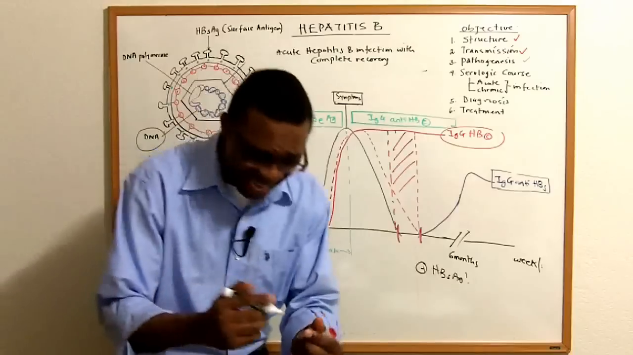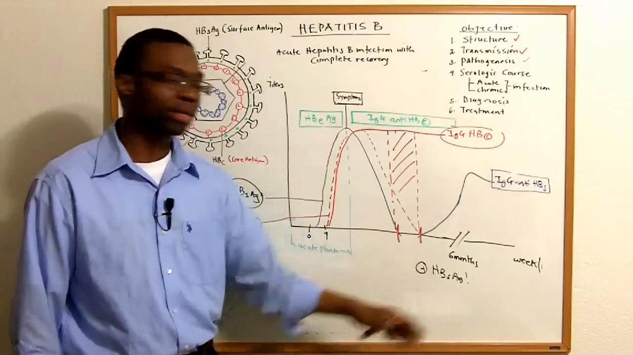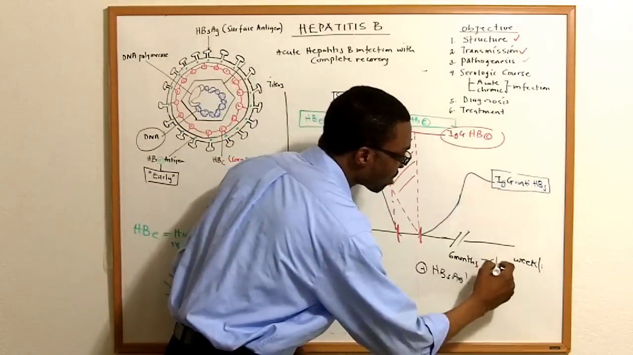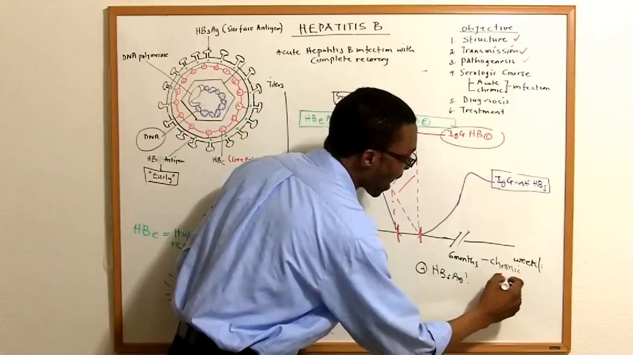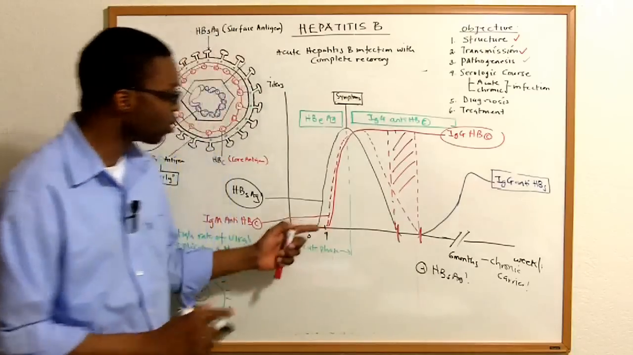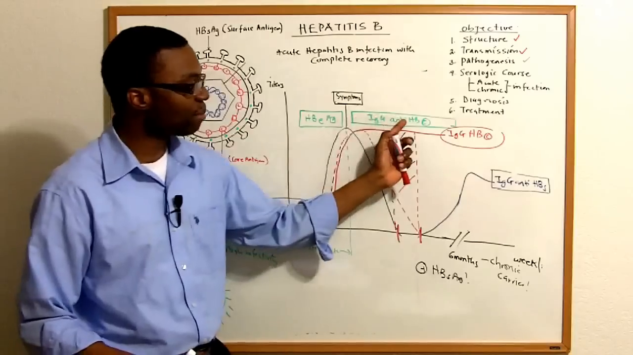What? What are you saying? You're trying to say that? No, yeah, they're still positive. That means they graduated and become a chronic carrier. Because normal people, when they get exposed, we destroy the surface antigen, we make a bunch of antibodies,